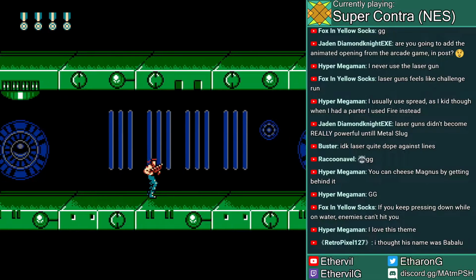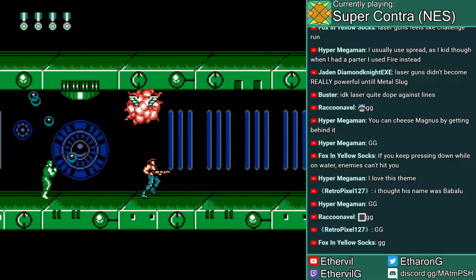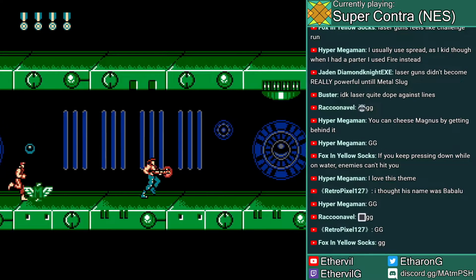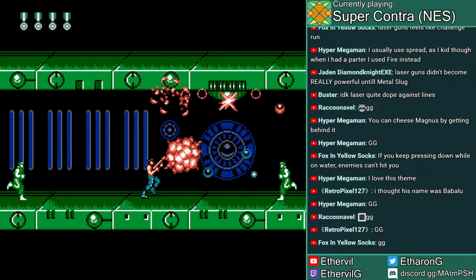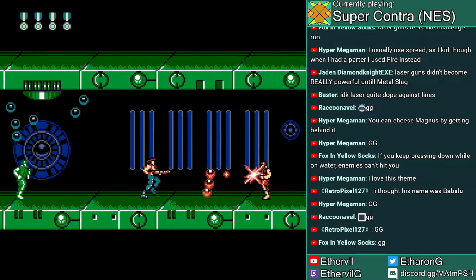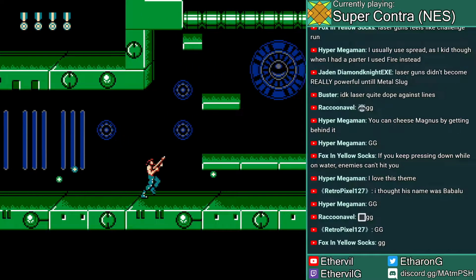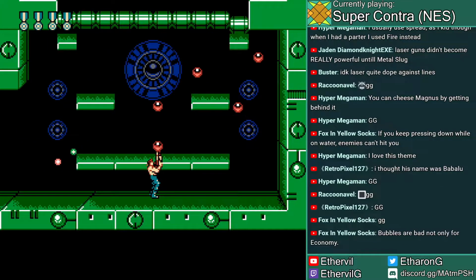Back to the base. The first section is kind of a pain if you don't have the spread gun, namely due to these bubbles. With the spread gun, it's straightforward. Simply run forwards and keep firing upwards. Without it, however...